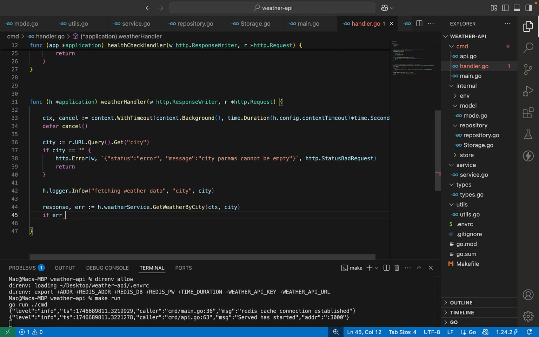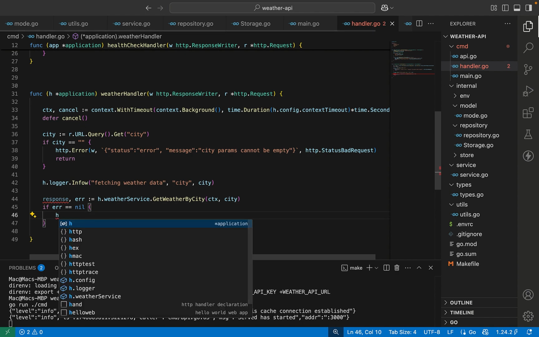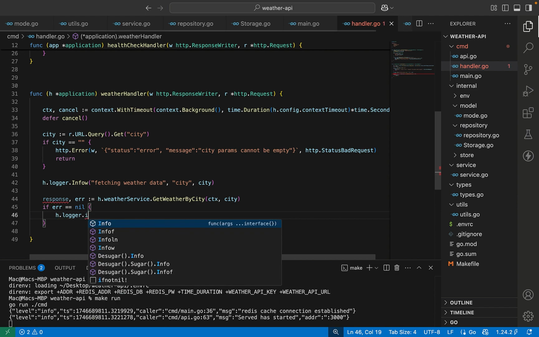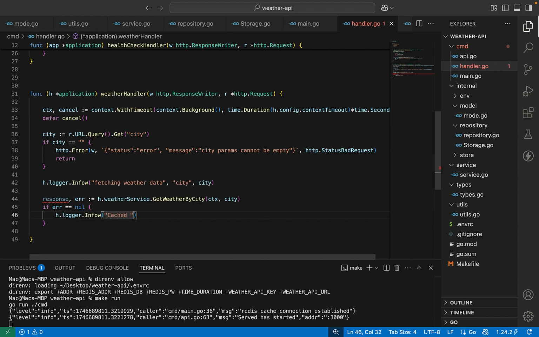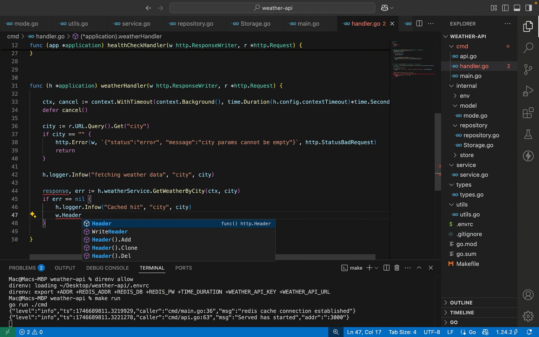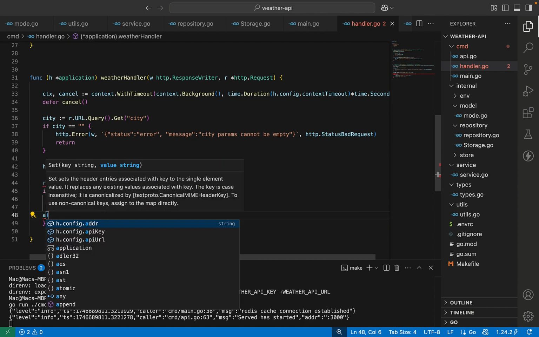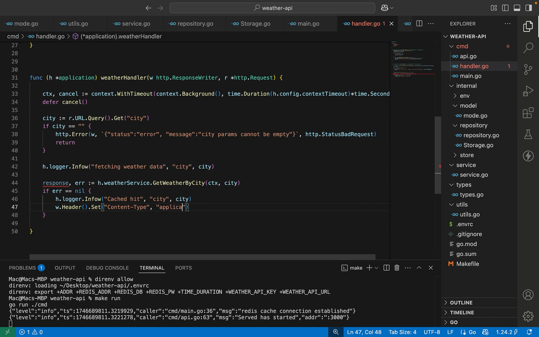Okay, so let's, if error is not equals to nil like this, h logger, cache it, city, header dot set, content type, application